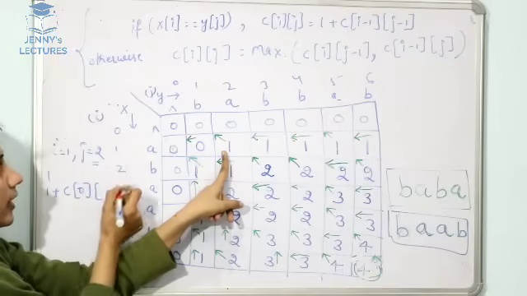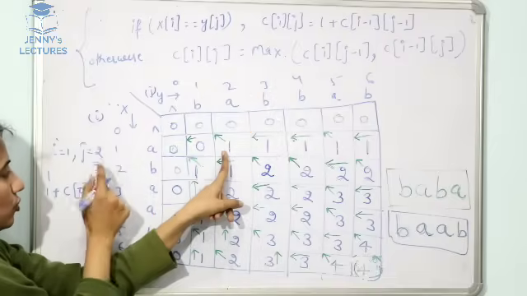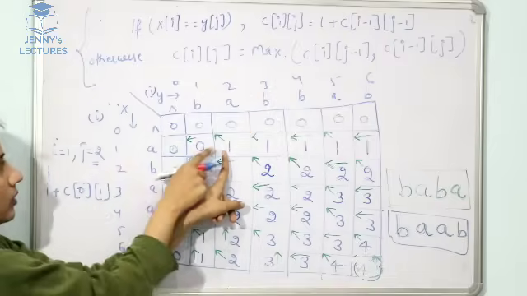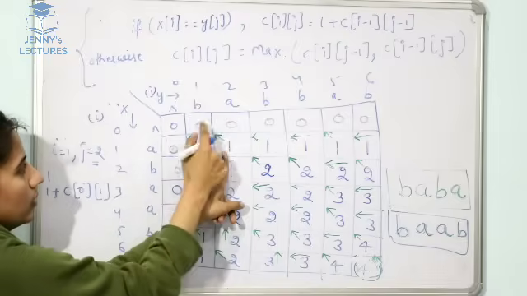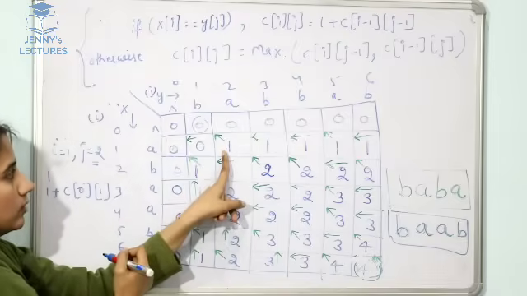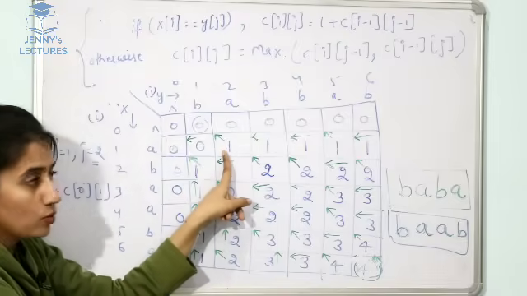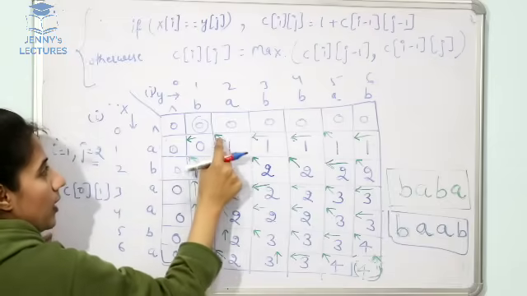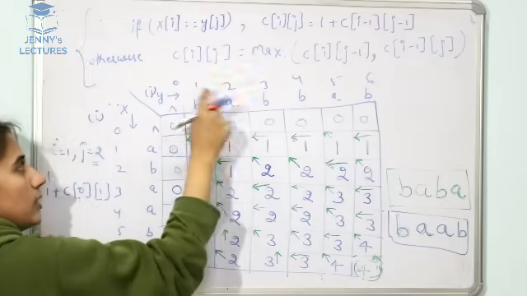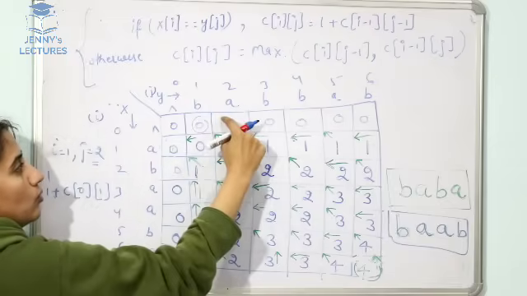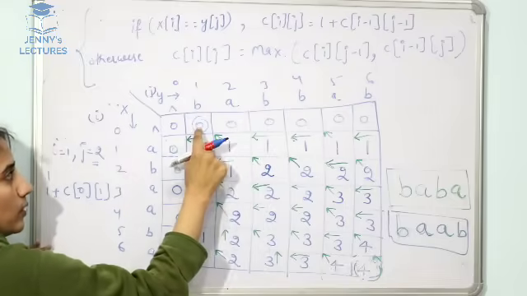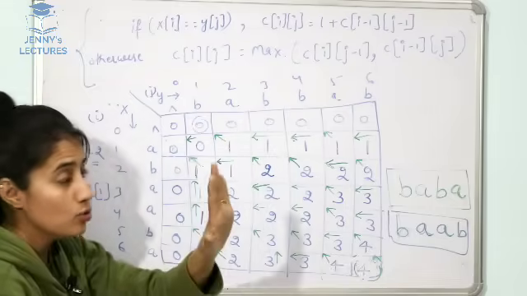Cost of 0 and j minus 1, j is 2, 2 minus 1 is 1. Cost of 0 and 1, that is this one. And we have discussed this one also. 1 plus, see, i becomes minus 1 and j also becomes minus 1. If i is minus 1 then we move upward, and if j is minus 1 then backward. So 1 plus this one. In case both are not the same,